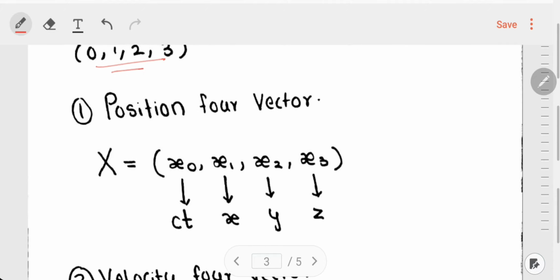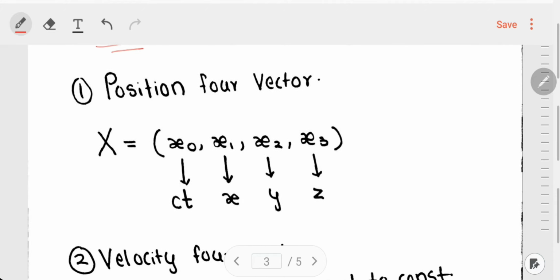So now let's start with the first 4 vector, and the first 4 vector is obviously the position 4 vector, the most basic quantity in physics, that is the position, defining the position of an object. We'll denote the 4 vectors by capital letters. So we denote the position vector over here by capital X, and therefore its components, as I told you, there are 4 components. So here we have the 4 components as follows with the indices 0, 1, 2, 3. The time component is x0, the position components are x1, x2 and x3.